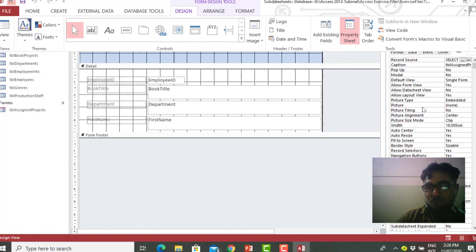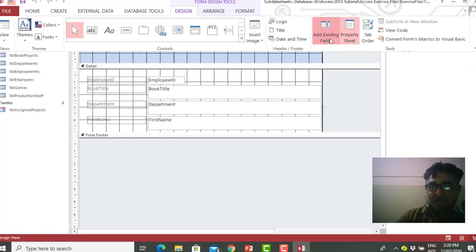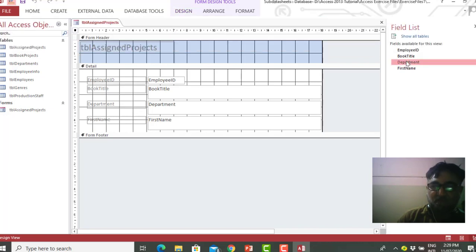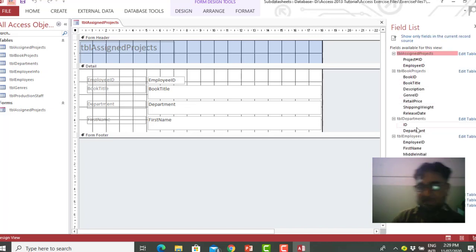How should the appearance of the form be? There is a lot of work in this, and there we might need more fields, we might want to delete the existing fields, and we might want to add more fields. So tables, and here are the tables. You can add and delete fields from here, and I hope you understand this by making the table and the design and the wizard method.